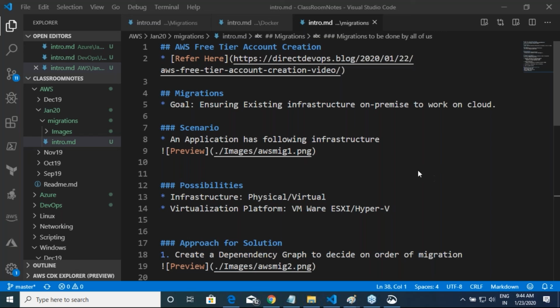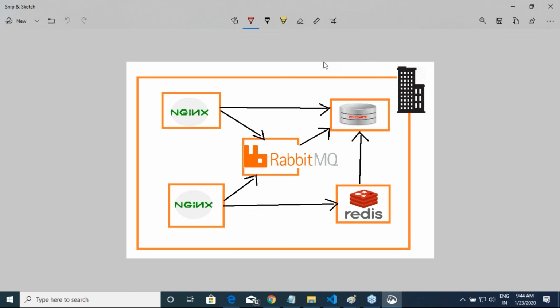Okay, if you migrate the database as it is, it has less dependency. Then what is the second and third object we need to migrate? So whatever is depending on Oracle, then you migrate it. So for example, in this dependency graph, okay, I can migrate Redis next, then I can migrate RabbitMQ, okay, because now RabbitMQ